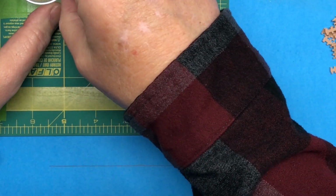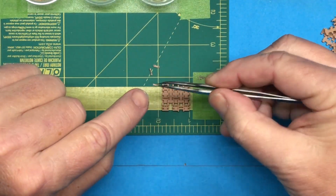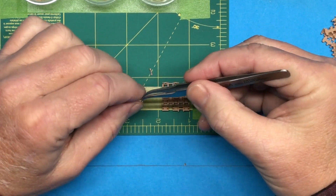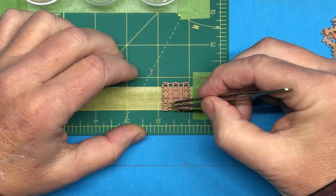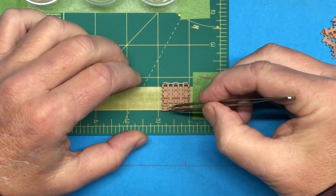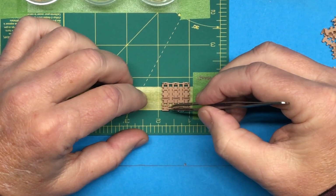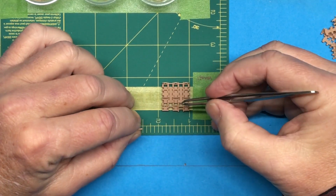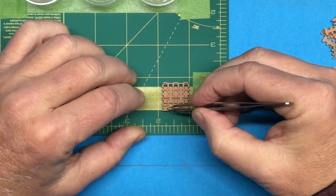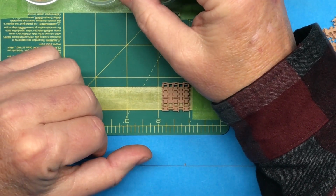Then I take 3 of these little segments here, and they are sided. There's a narrow side and a wide side. Narrow side goes down like thusly, and thusly. All right, so we got that. So let's see. Okay. A good set of tweezers is pretty crucial here. So then we need 2